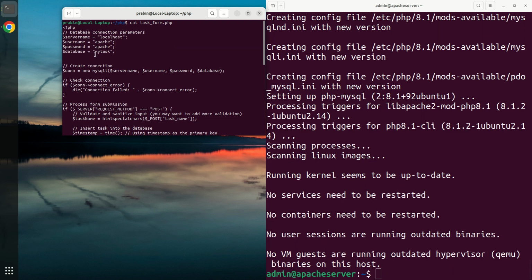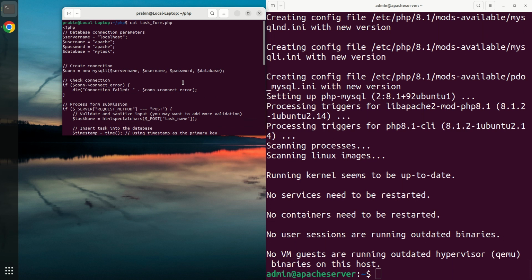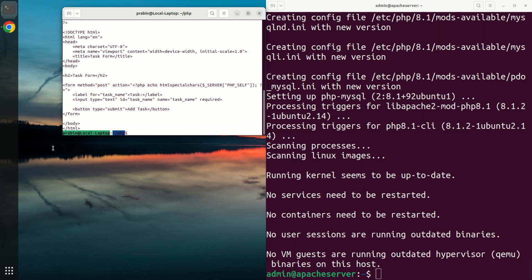In that myTask database, we need to create a table called myTask with the fields timestamp and task name. To do this, first of all, let's copy this script and update it in our